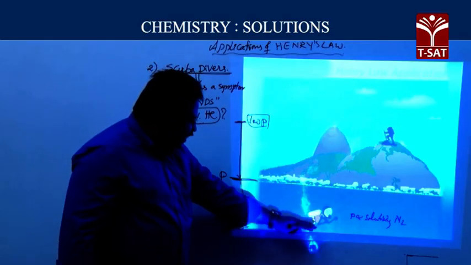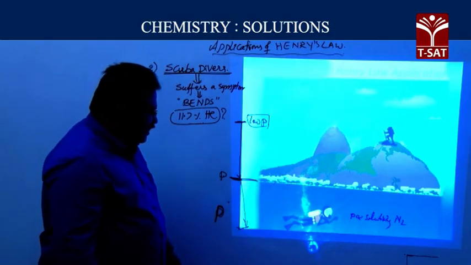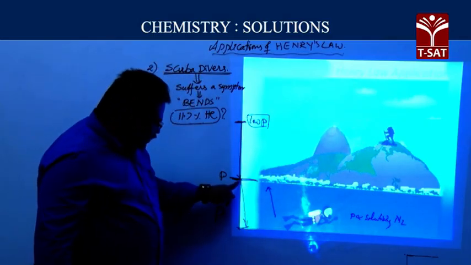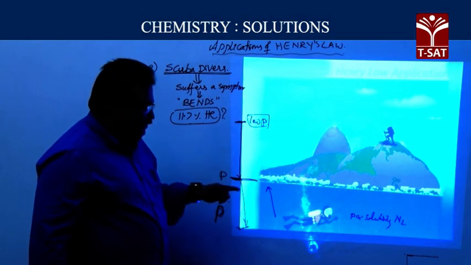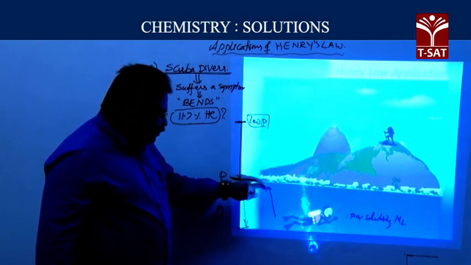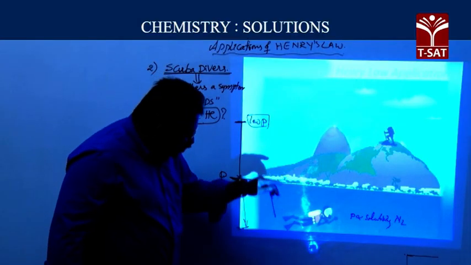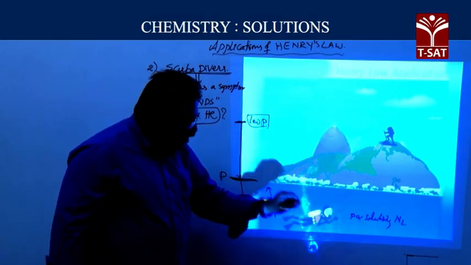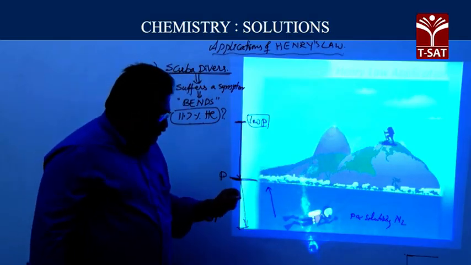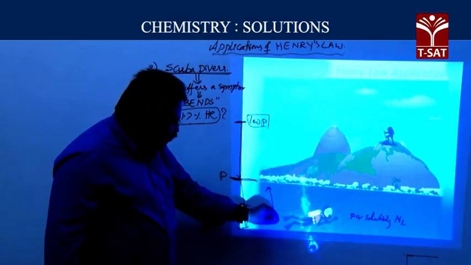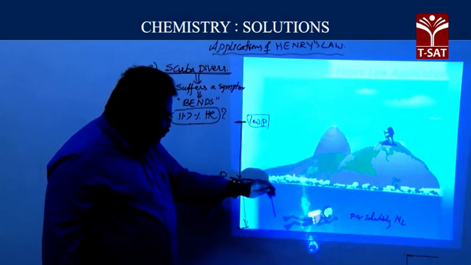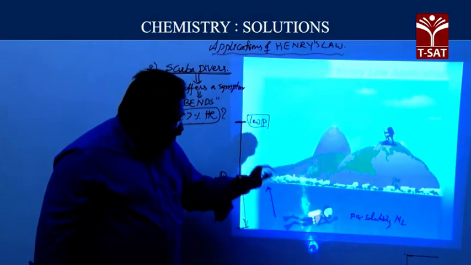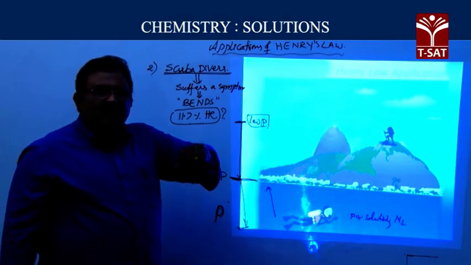When he comes up to the sea level, when he moves up, then what happens? The pressure decreases a little bit. Now, what happens? Let us see. If he moves downward, because of more pressure of air, more nitrogen is soluble in blood, which is toxic. When he moves upward, when he comes to the sea level, whatever gases are soluble in the blood come out